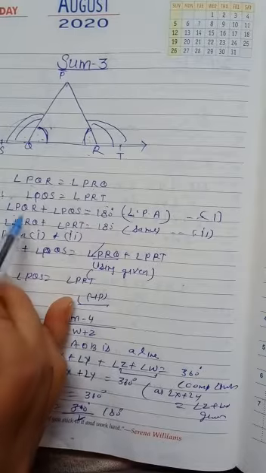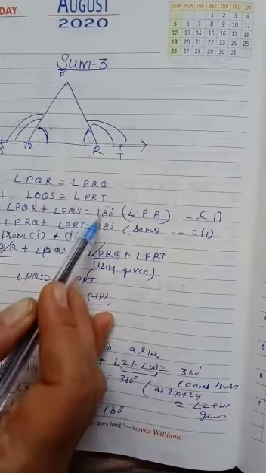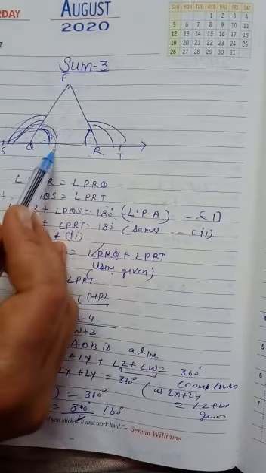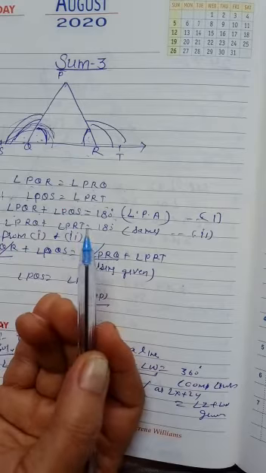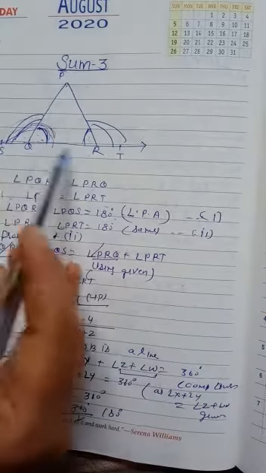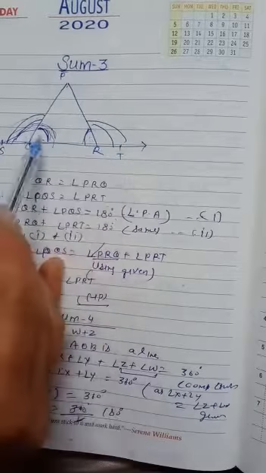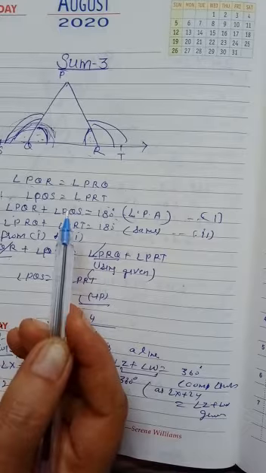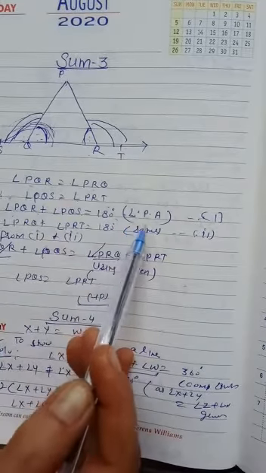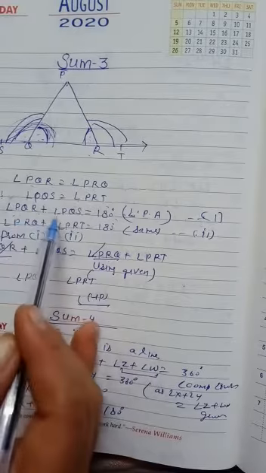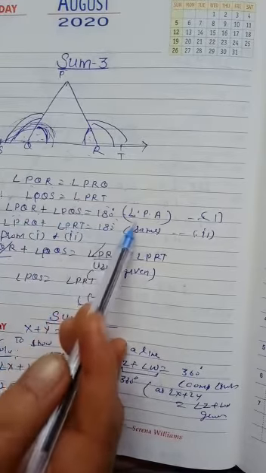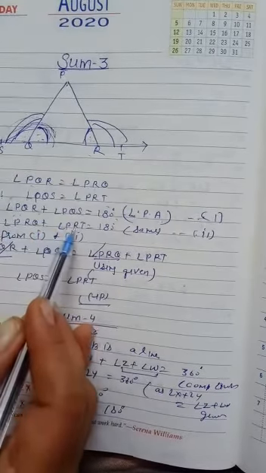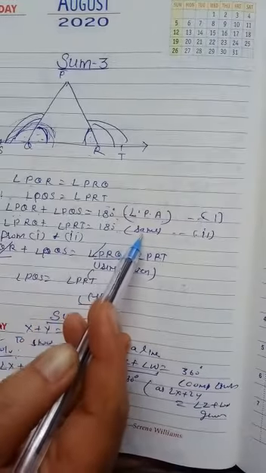Can I say angle PQR plus angle PQS is equal to 180? The sum of these two angles is equal to 180. Why is it 180? You can say straight line, straight angle, or as I already told, if a ray falls on any straight line, then these two angles are known as linear pair angles, or linear pair axiom we generally say. In short form we write only LPA. So we can say angle PQR plus angle PQS is equal to 180, LPA. Similarly, angle PRQ plus angle PRT is equal to 180, reason same.